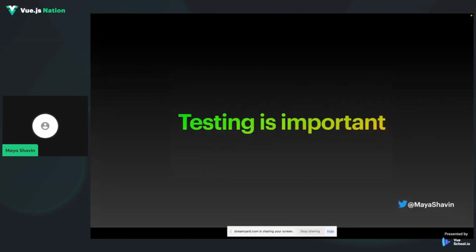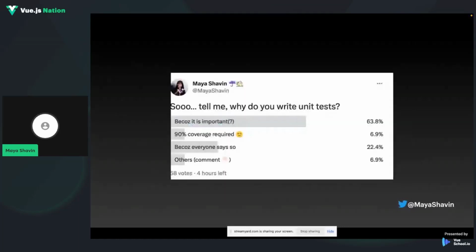But the question is, why? Why is testing really important, and why do you ever write unit tests? So I made a poll on Twitter land again, asking anyone, why do you write unit tests? I got a bunch of answers, and apparently everyone says it's important, but no one told me why exactly.